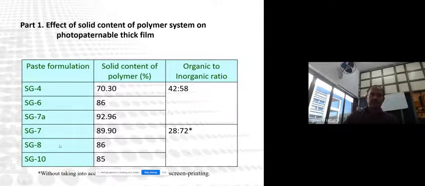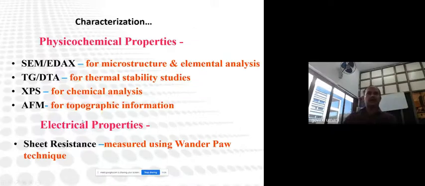A little bit of solvent is required to adjust the viscosity, and we nomenclatured the samples SG4, SG6, SG7, SG8, SG10. After that, we characterized all the samples by SEM EDAX for microstructural and elemental analysis,